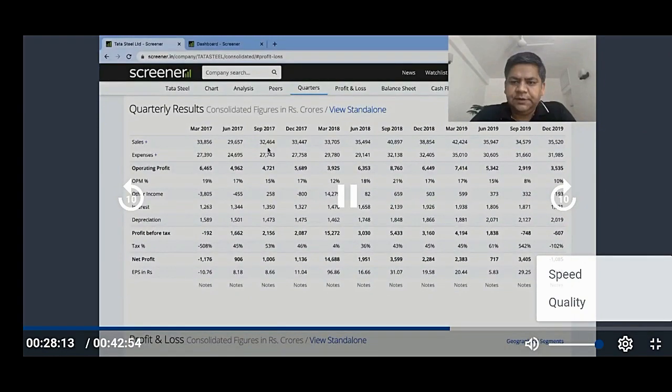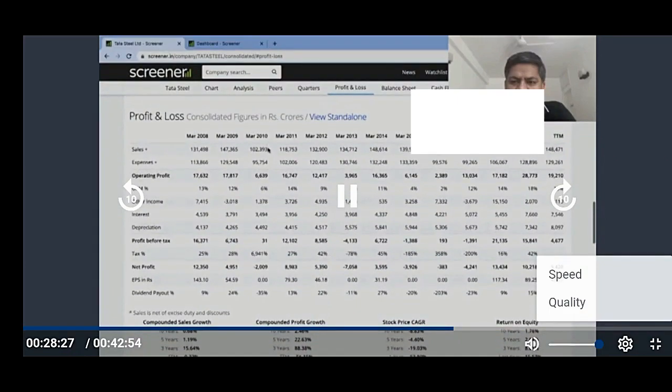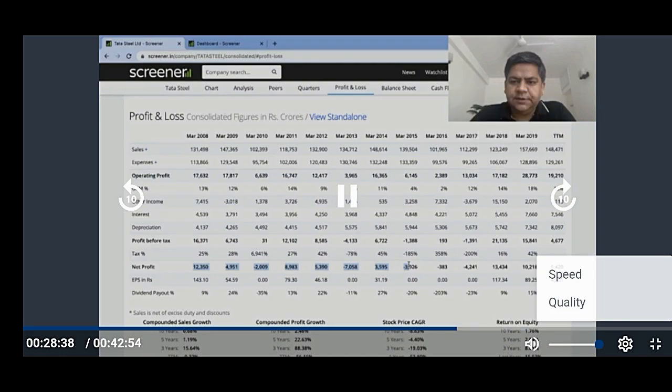So my idea to discuss, or something I want to give you as an instruction, is that the very first thing you can do is a standalone independent analysis of one company on their profit and loss statement and see whether their sales are growing or not and their profit is growing or not in a compounded fashion. This is one. Now, where you can use profit and loss analysis more, in terms of identifying whether a stock should be in your portfolio or not, is